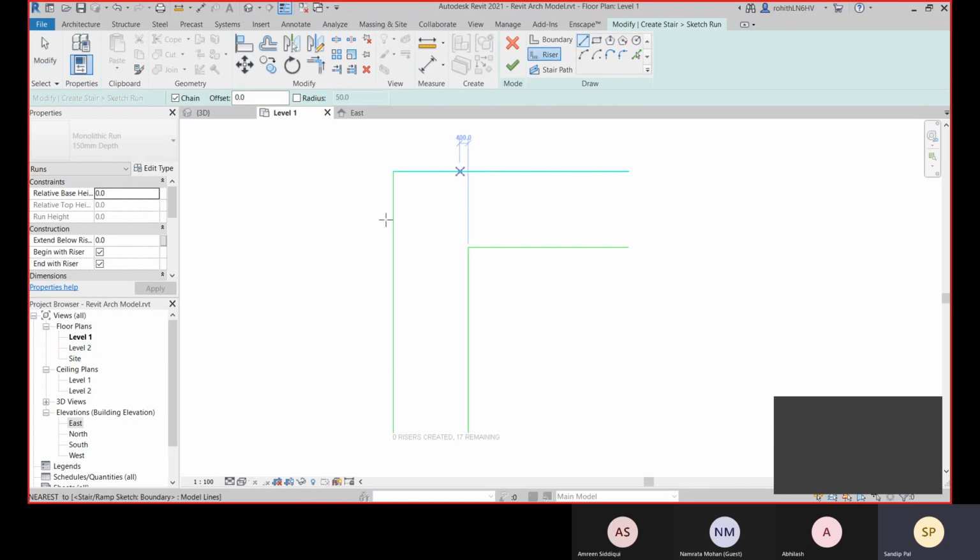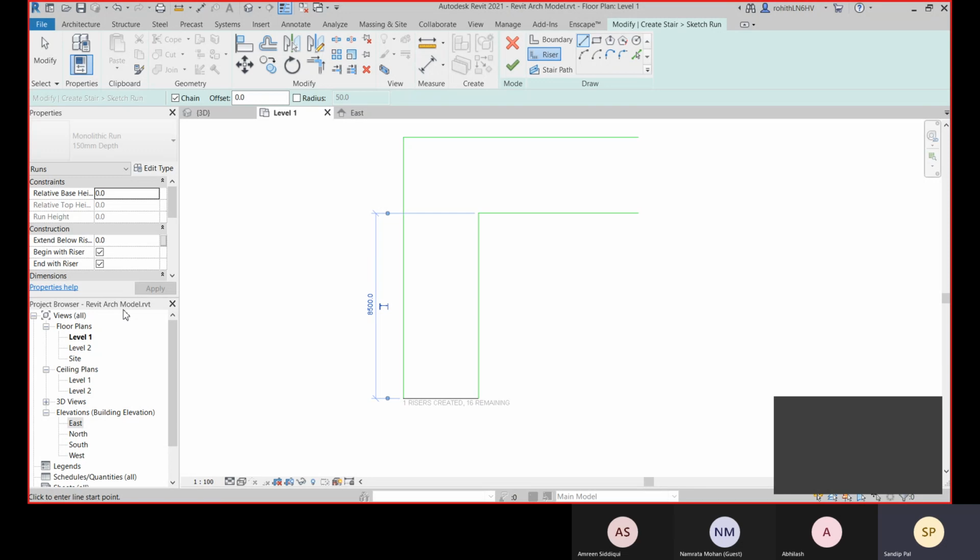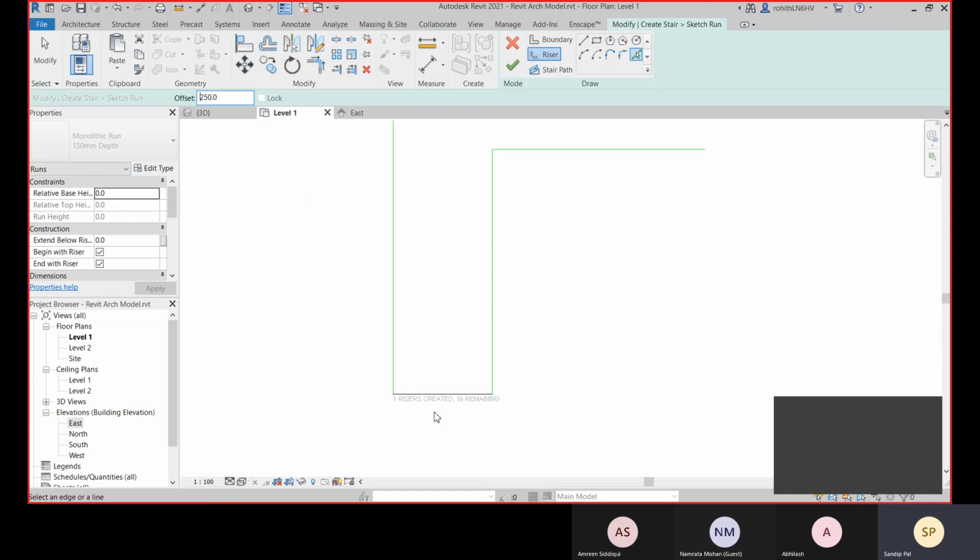Now we will create the riser. This is the first riser, and then we will create with offset, let's give 250. Here it's showing that one riser created, 16 remaining. So here we have created the boundary with a random length.